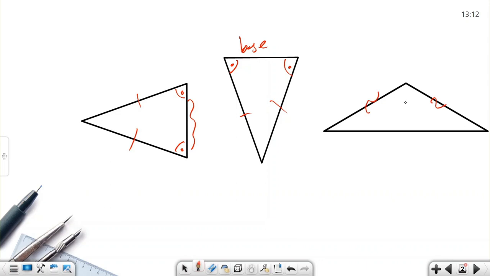Of course, these are acute isosceles triangles. Let's see one that is obtuse. That side is congruent with that one. So the base angles, this time the base is here. So that's a base. Base angles are congruent either. Let's use another mark on it. So base angles are congruent. When we talk about an isosceles triangle, we know two congruent sides and two base angles. This is first. Second,